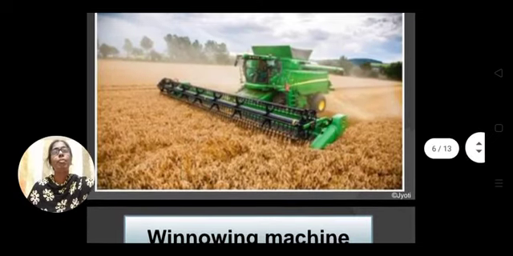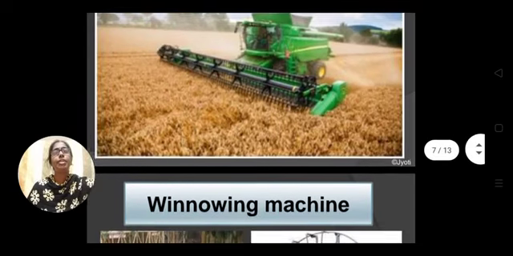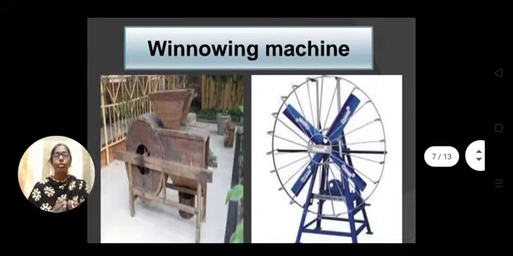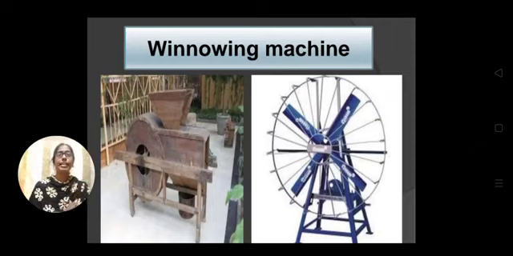After removing the seeds from the chaff, the next step is winnowing. What is winnowing? Now the chaff and the seeds are separated, but they are staying together. What is the next step? To remove the chaff from the seeds, because we have to collect the seeds only. We don't need the chaff, and chaff can be used for some other purpose. So this removal of chaff from the seed is called winnowing.